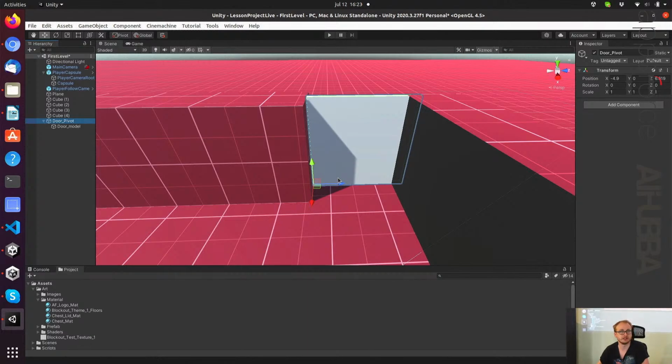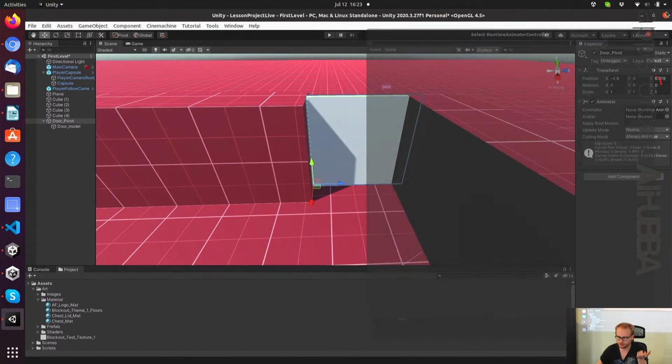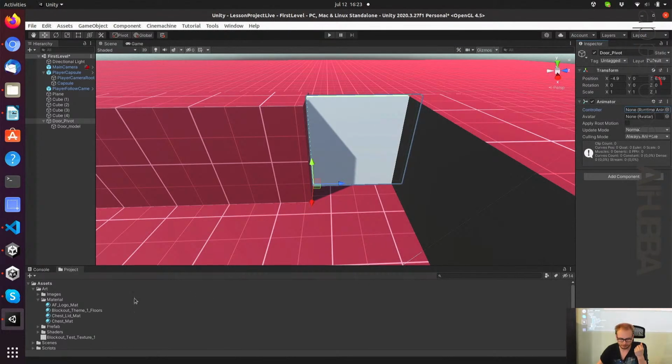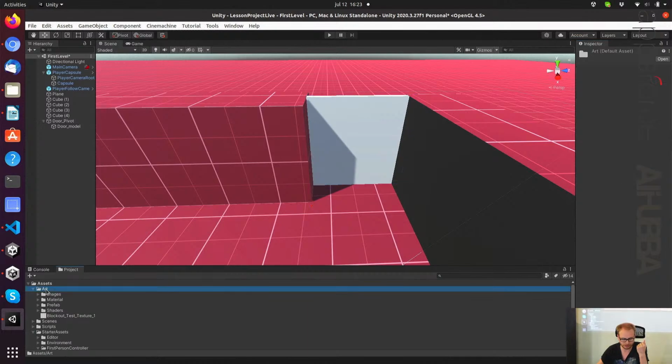It doesn't do anything. You cannot interact with it yet. So what do we need? We need a few things. We need a new component for animations, right? So I'm going to add an animator. And as you can see, I don't have a controller yet. I don't have anything. But what we're going to do is